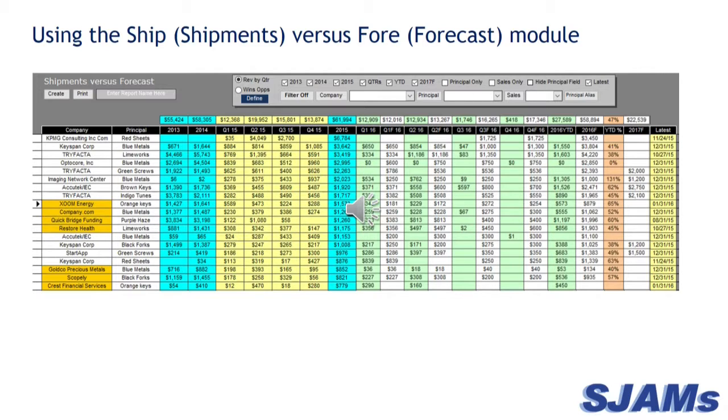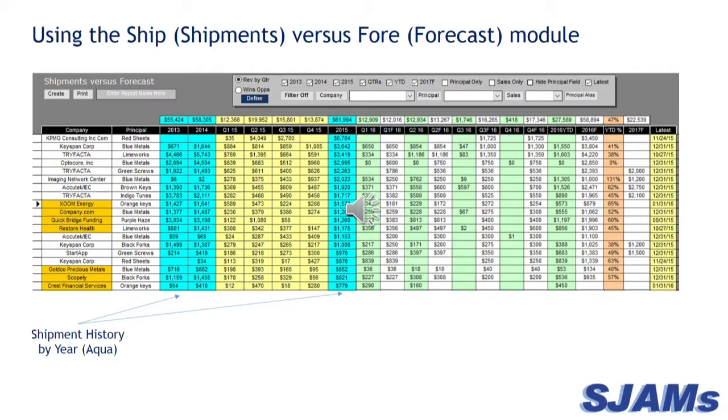Let's review the different colors and what they represent. First, we will discuss the aqua-colored columns. All data in aqua is being sourced from the billings or shipment tables. The raw data can be viewed in the billings module. The three aqua columns represent shipment or billing data from the last 3 years. Please note, some of these columns may be empty in your view based on how your company has captured the